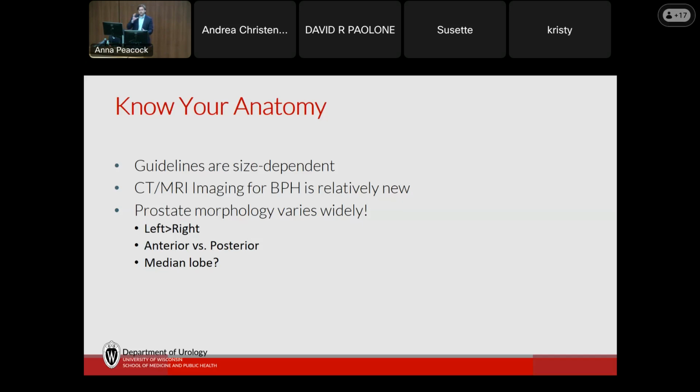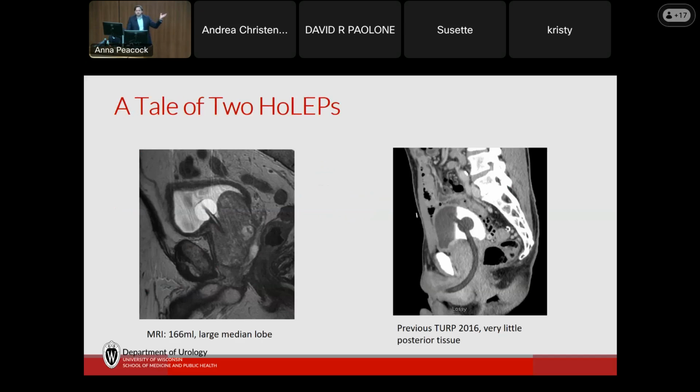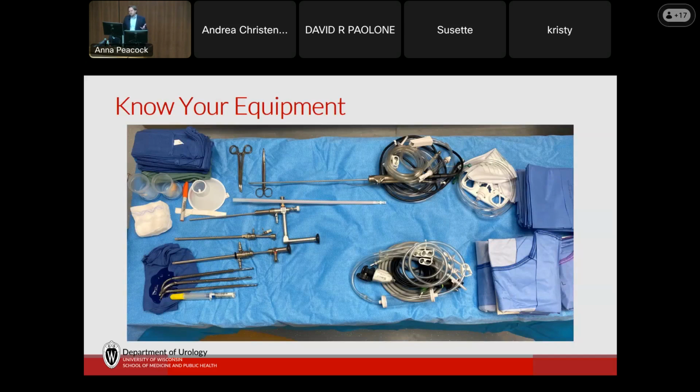You have wild asymmetry, especially in these 100, 150 plus gram prostates: huge median lobes, massive anterior tissue. If you were to just do a GreenLight on somebody with 80% of their prostate anterior, you rarely ever touch the anterior lobe of the prostate when you're doing any of the BPH procedures. And Aquablation specifically completely ignores about 10 to 2 o'clock because of the way it does its little windshield wipers. All of that's left over. So here are some back-to-back HoLEPs on a day, just to demonstrate one example of what imaging can tell us. As you're building your practice, image frequently before you do these so that you have a sense of the size and shape. And then your equipment is